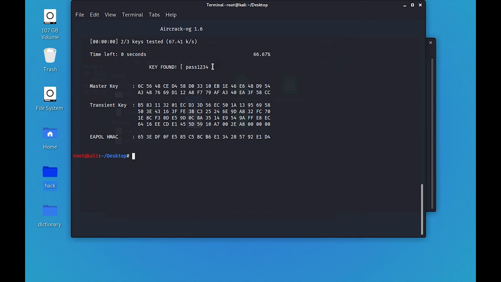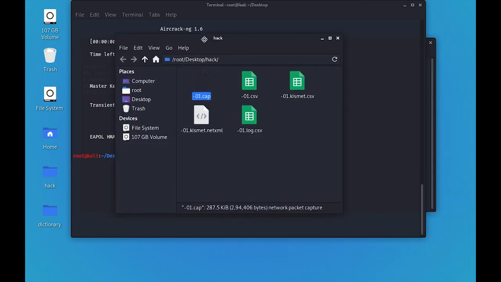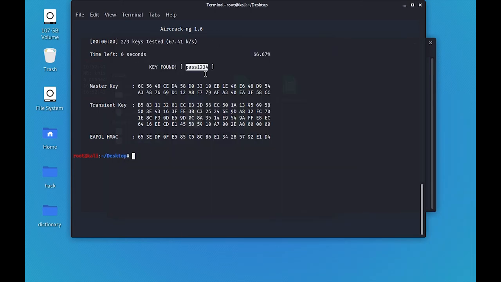Since it was a very simple password, it has already cracked it really fast. Best thing to do is, instead of minimum character passwords, use complex passwords, so that such Aircrack-ng methods cannot be used to crack the password. Basically this exploit does a brute force attack. So if it's a simple password, it can be easily found. If it is a complex password, it will take a lot of time to brute force the password